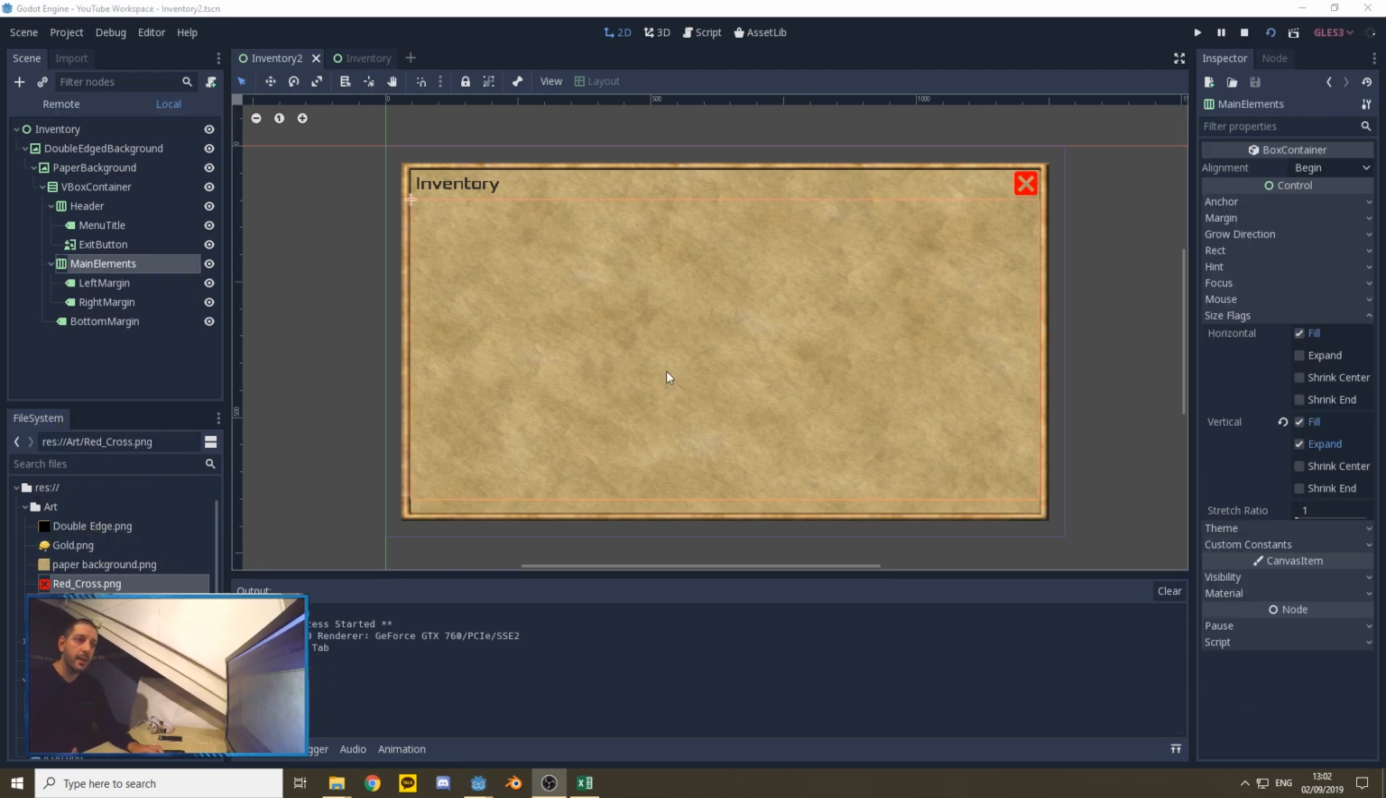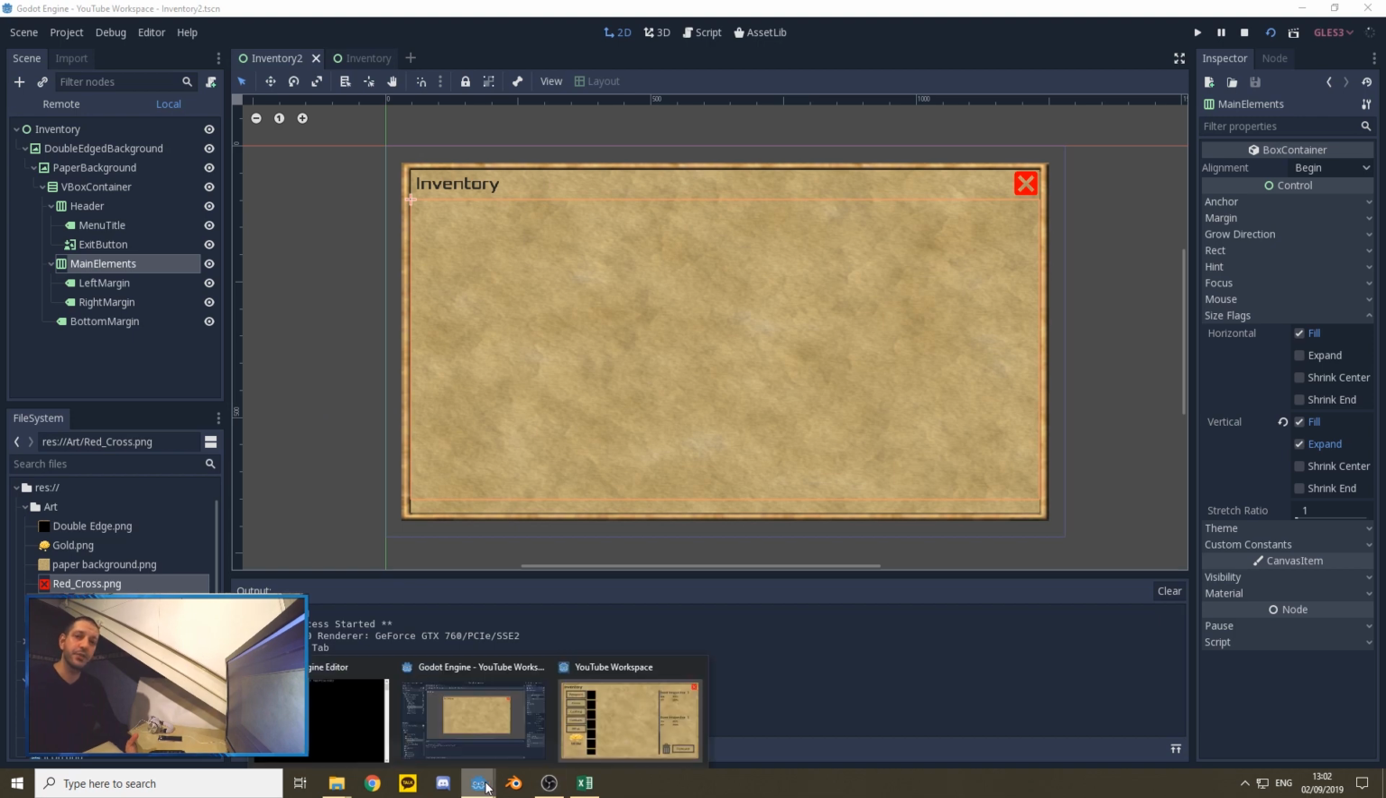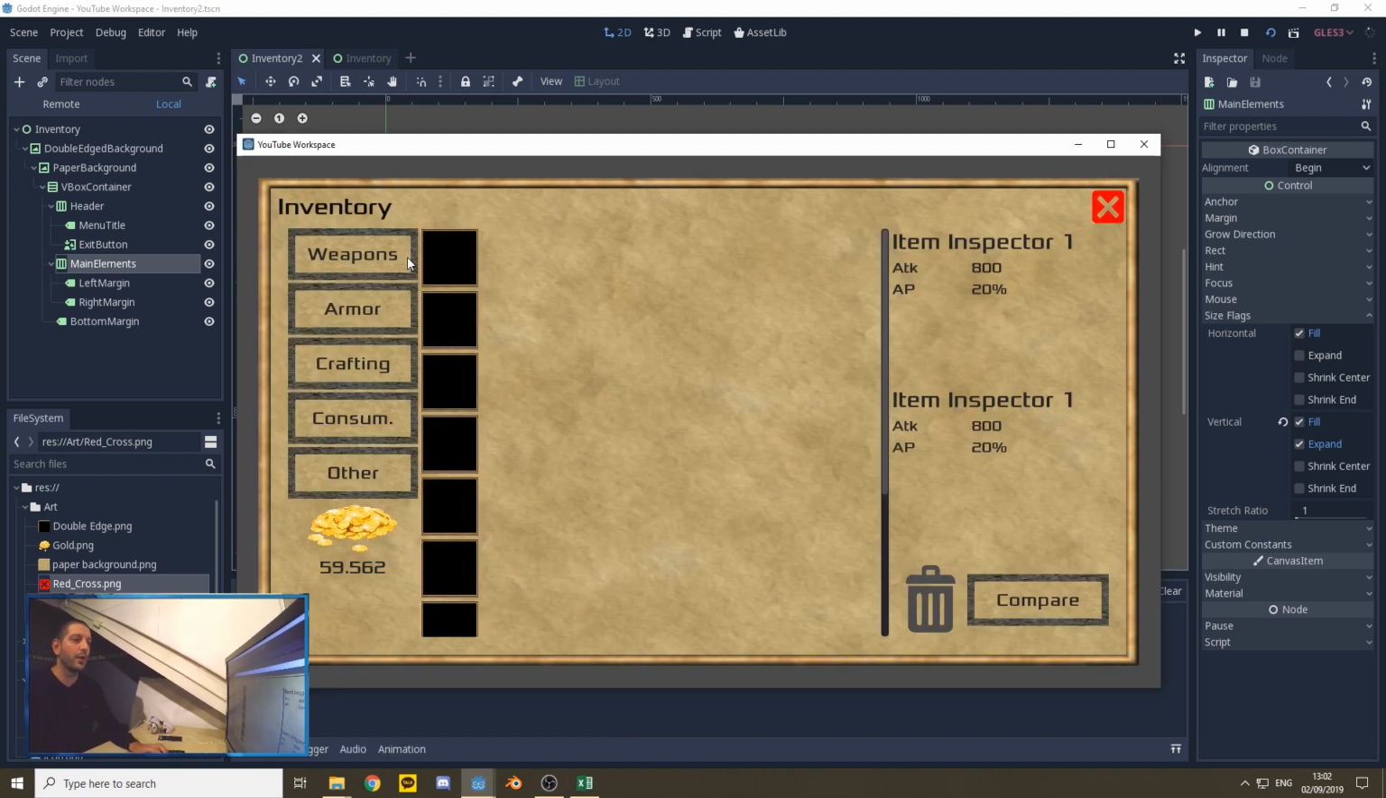With all this set up, we can start adding items or elements to our main elements and create the actual user interface of the inventory. Let's first have a look at what we need to add. We have a vertical box with different buttons, an icon and a counter. We have a scroll container from which we can scroll vertically and inspect our inventory slots. And we have a vertical box which consists of both our item inspectors and a compare button and a delete